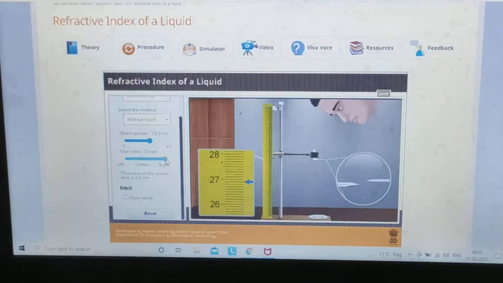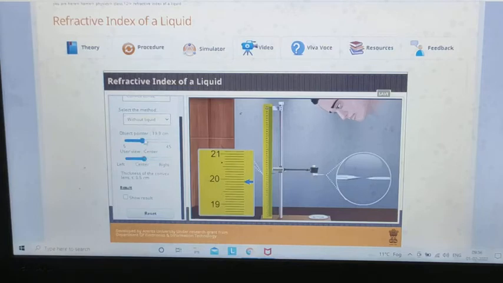Still you can see they are not moving along with each other. So you have to move their location so that you get a situation where these two move with each other.